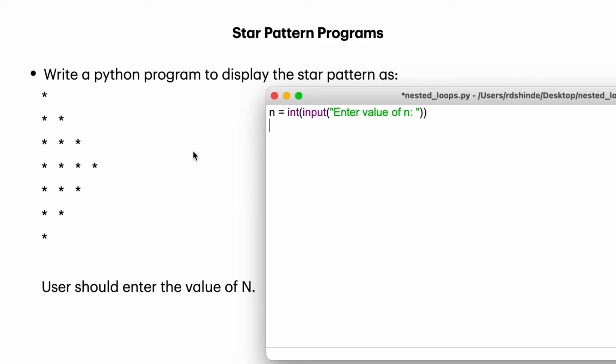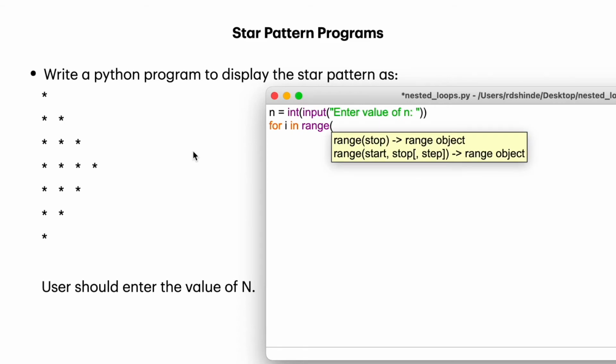So what was the code for our first star pattern? We had a for loop, for i in range, and the range was from 0 to n, because in our first row we have one element.